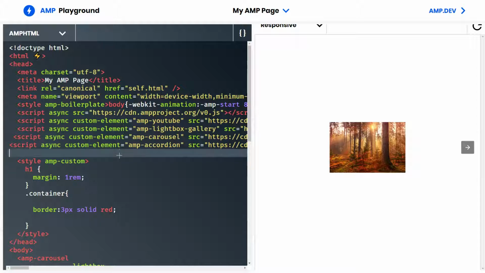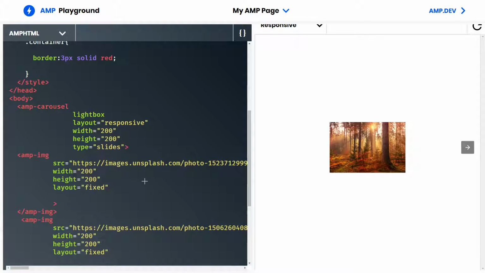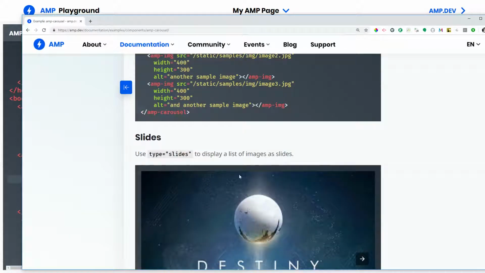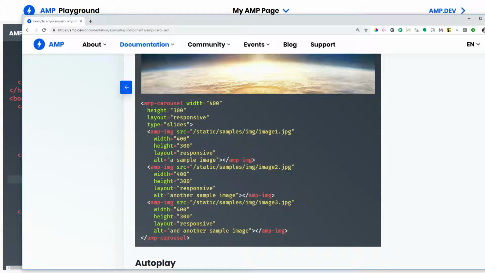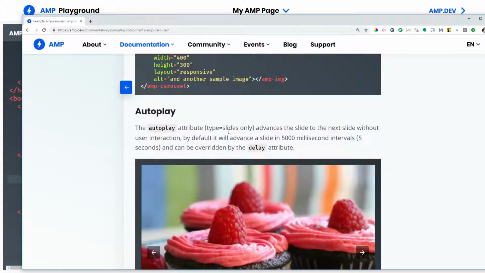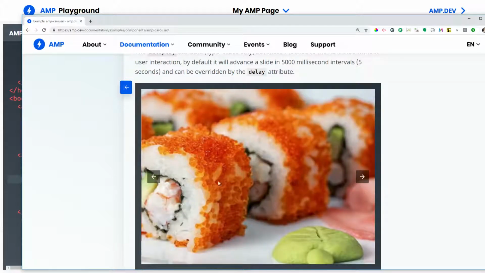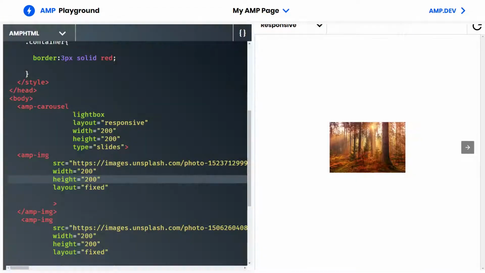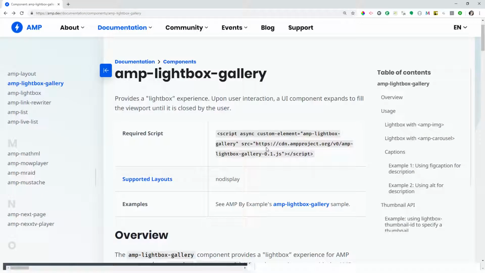Okay, and after you paste it, you go to the documentation again and try to figure out what is supported, and what kind of attributes are mandatory. You see here that the carousel supports autoplay, and then you start developing slowly to make it happen.